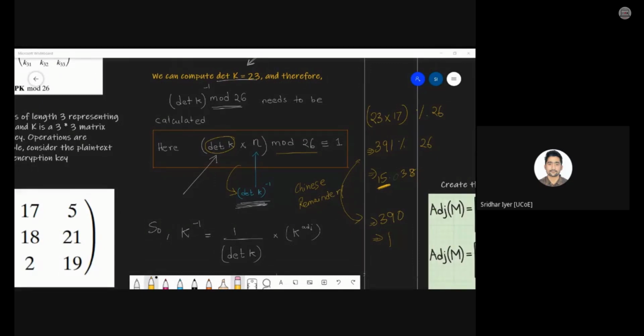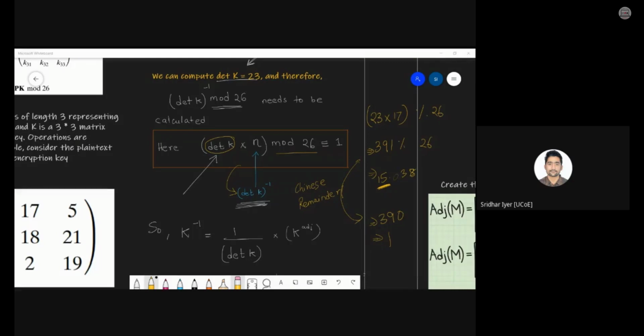Yes or no? So 15 into 26 will give you a value of 390. Simply subtract it from 391. You will get the remainder as 1. So you will get multiple answers, not only 17, but other answers will be more than 26, right? As Dhruv has given answers 17, 43, 69, 95, these are various answers for this particular n value. But as everything is in the domain of 26 only, we can't go beyond 26. That's why we select the value which falls under the criteria, that is 17.